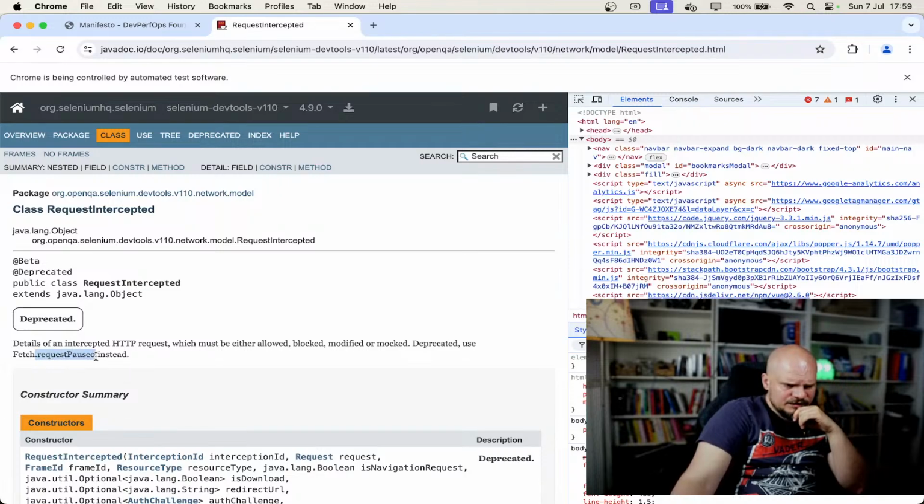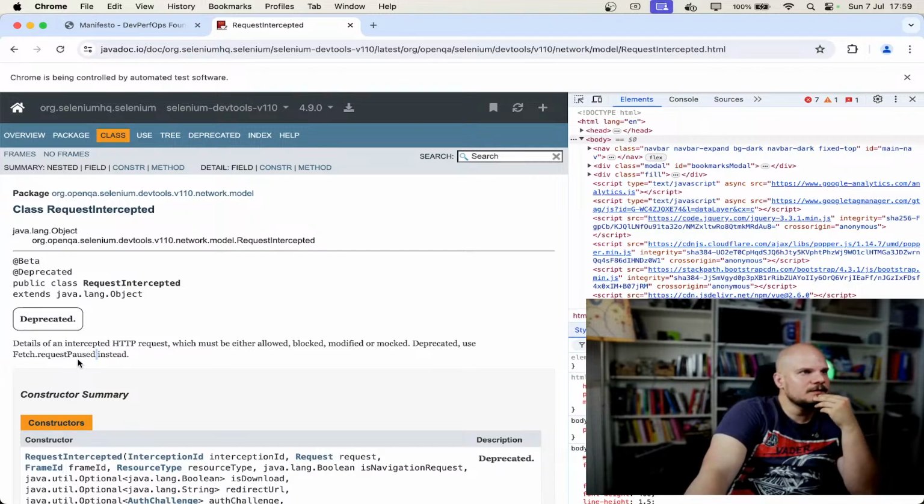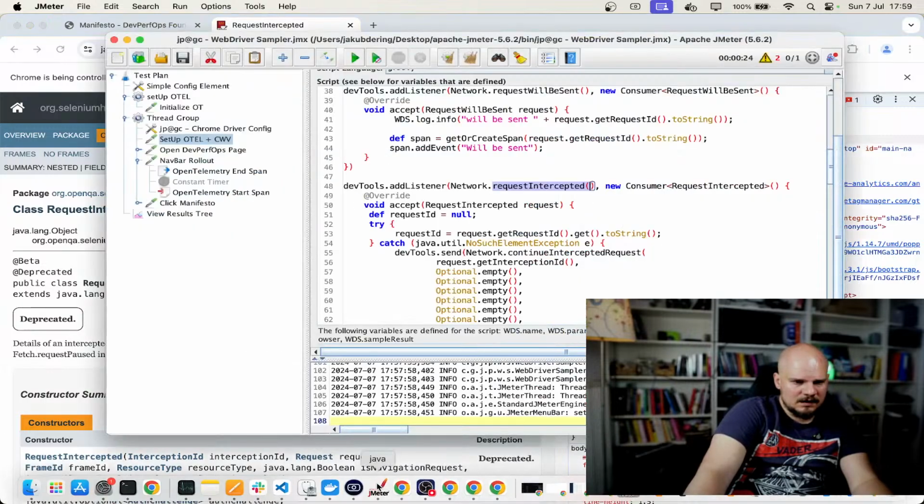Use fetch request paused. That's something I knew I will have to do and validate. So it's a network model. Request intercepted. This is actually the call. And if I recall correctly,